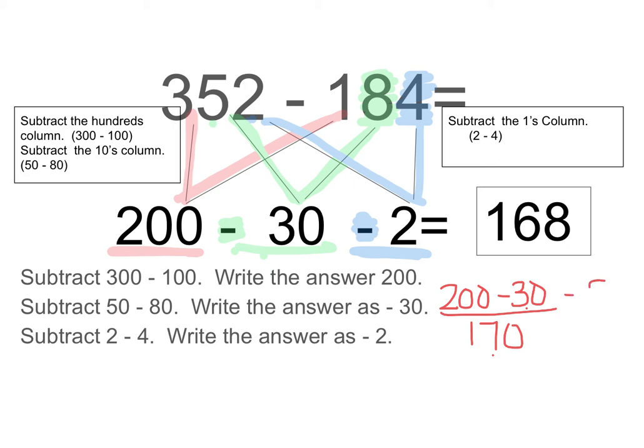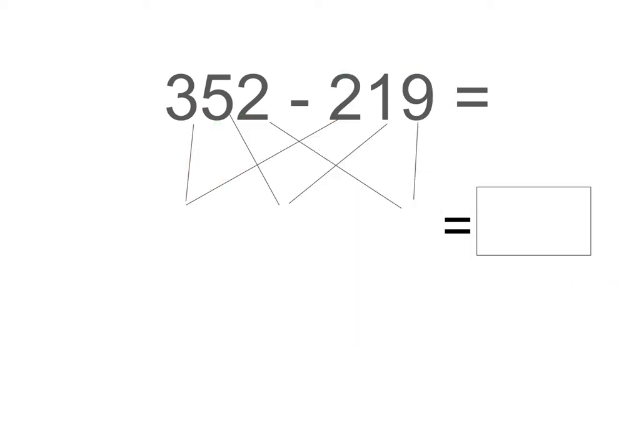Then we need to subtract 2. Notice it matches there. So 170 minus 2. Well, you know 2's partner is 8, and you took 2 away from 70, so it's 168. Great job. All right,